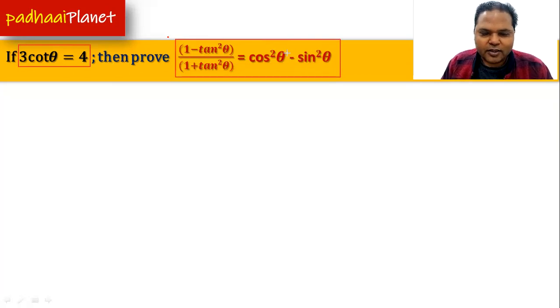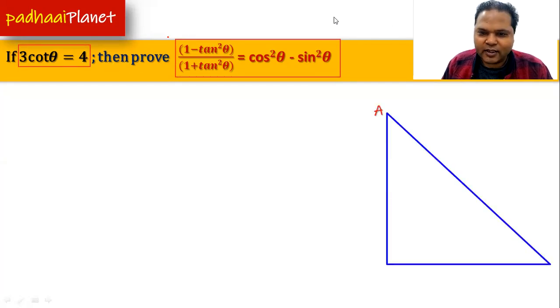So let's quickly start. And first of all, let's have the triangle which we need to solve this question. So here is the triangle, and the triangle is ABC. And we have B as our 90-degree angle here. Apart from this, we also need to place the angle theta. So angle theta can be placed at either angle A or C. So we have taken angle C as our theta angle, right?